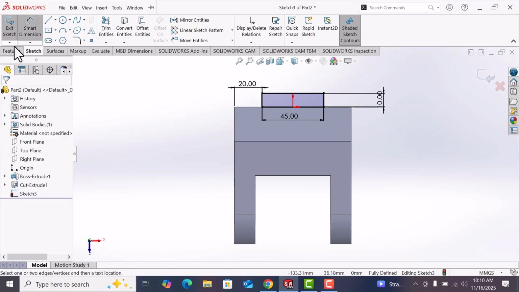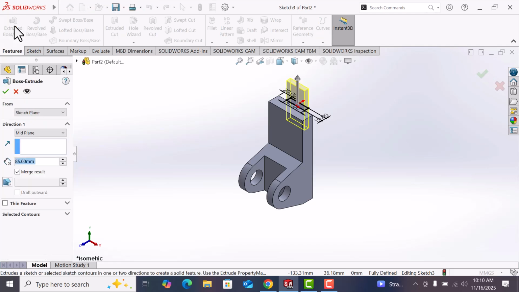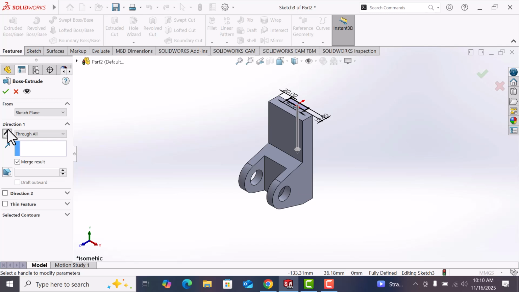Okay. Now go to feature and select extrude boss. Now go here, select through all, change the direction. Okay.